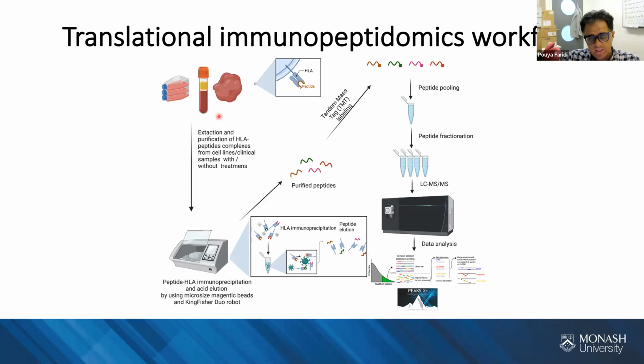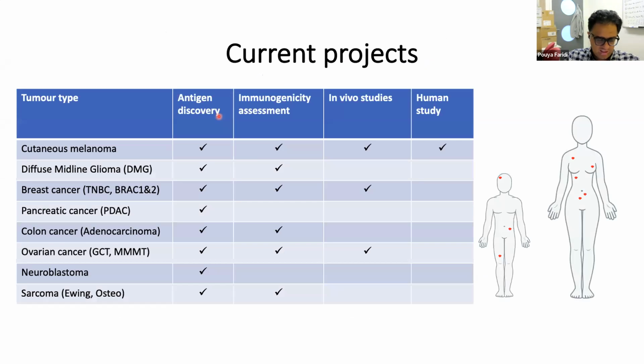These are peptide HLA complexes that come from different organs into different body fluids, like blood or CSF, to find them as a source for biomarkers. And we developed a technique, it's working well, so we can now find this as a new source for biomarker or antigen discovery. Okay, so I think I need to finish.